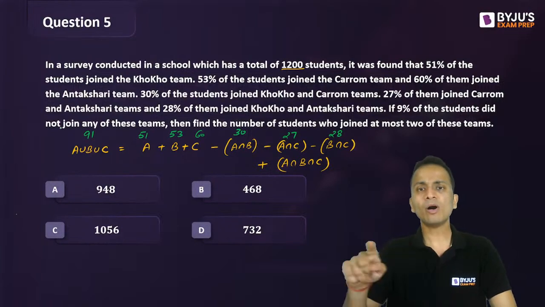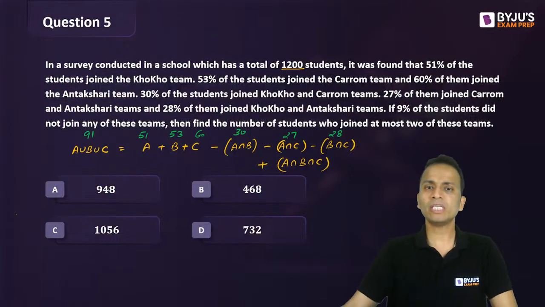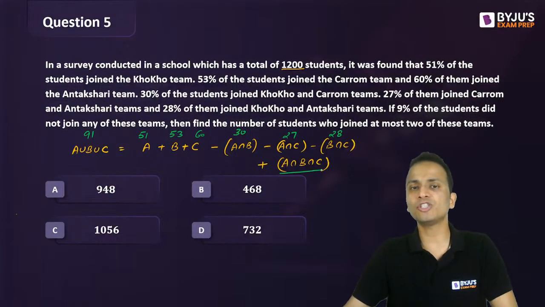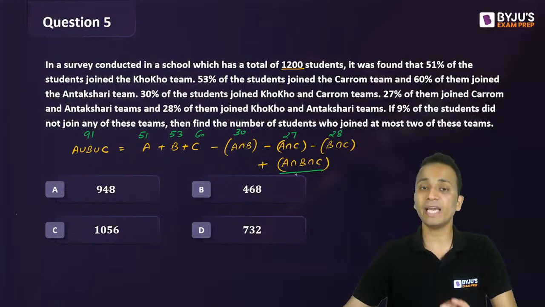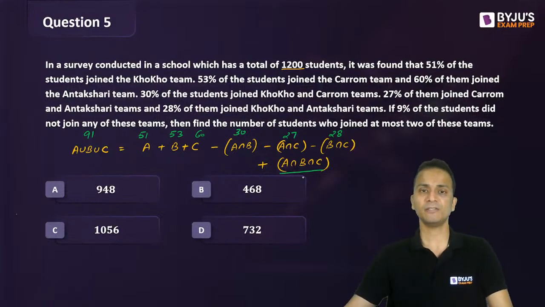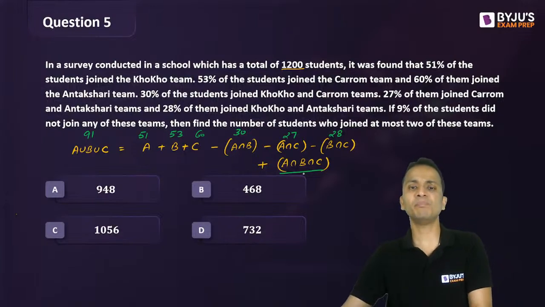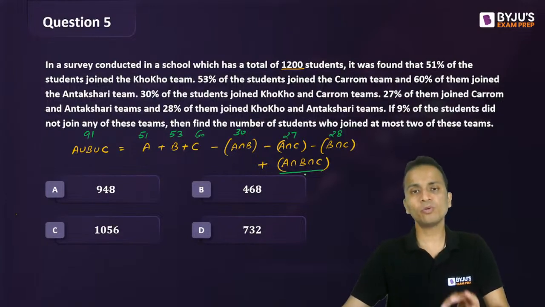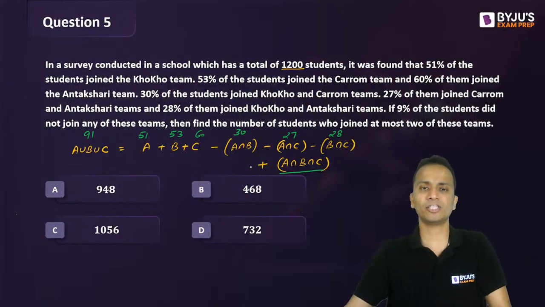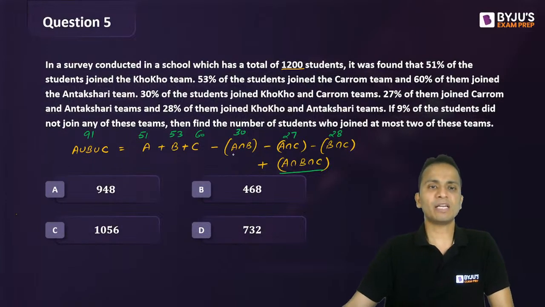Okay. Now I have given you the numbers. Using these numbers, give me the percentage of A union B, sorry, A intersection B intersection C. I want this number in terms of percentages. A intersection B intersection C. All of you give me this value in terms of percentages after solving this calculation. Quickly. Quickly solve this and give me the number.